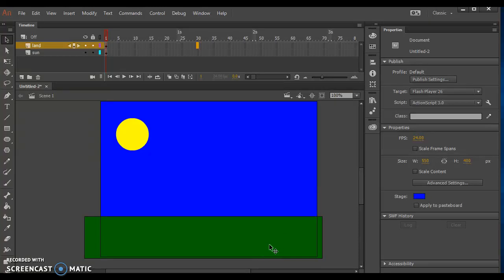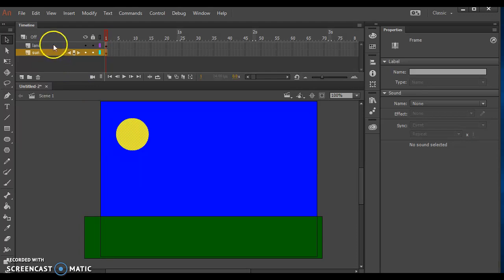So we're going to animate our sun setting, and what I've created here is a sun on its own layer, and the rectangle represents the land or horizon that the sun is going to set behind. And we are going to animate this with a classic motion tween using a guide path to control the path